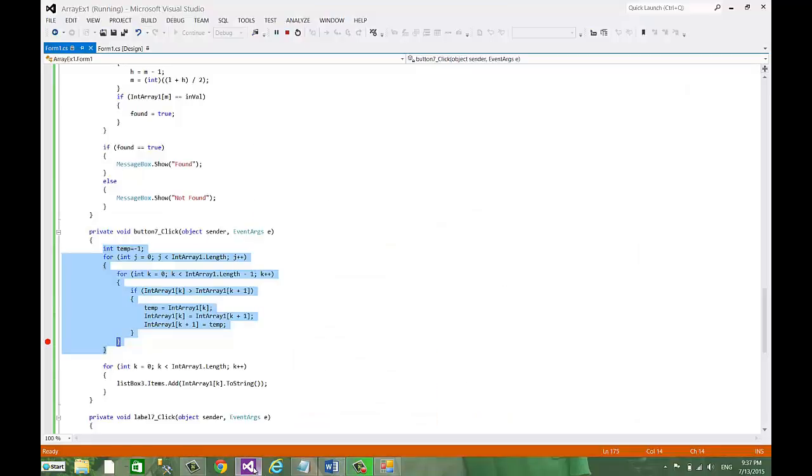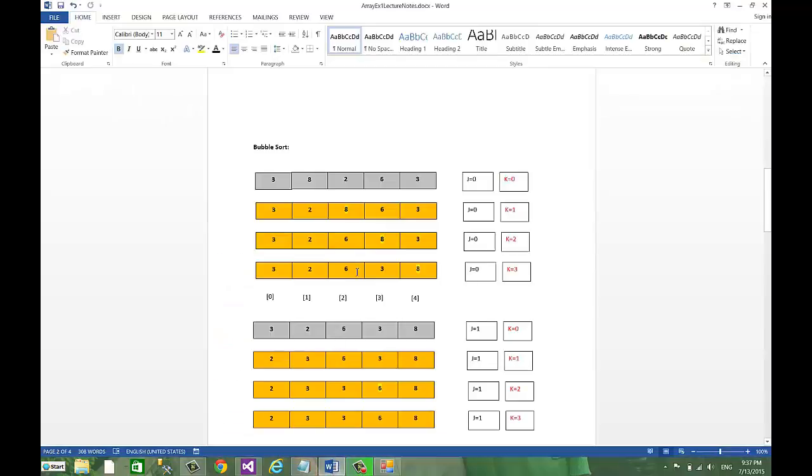So let me start with the program code. The sorting algorithm requires that we use 3 flow of control structures in a nested way. If we look at the interior flow of control structure, it's going to be a one-way decision, and it's going to be comparing adjacent elements of the array, and if it finds the element on the left has a value greater than the element on the right, it's going to go through a 3-step swap routine that you've seen previously